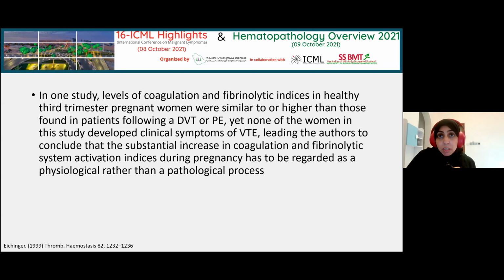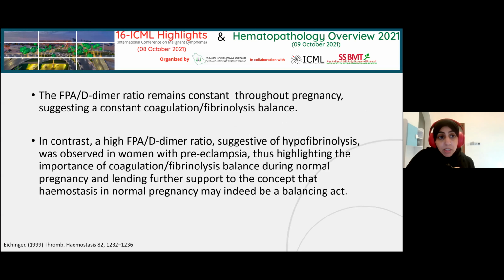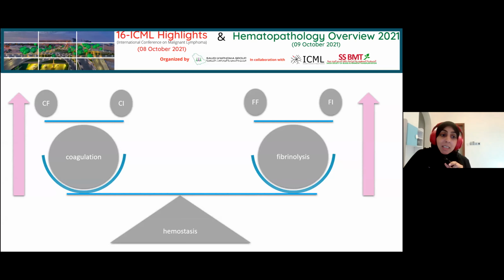And yet none of these women develop any clinical symptom of venous thromboembolism. And this just leads to the conclusion that the hemostatic changes during pregnancy are a physiological rather than a pathological process. In the same study, the ratio of fibrin peptide A to the D-dimer remained constant throughout the pregnancy, suggestive of a constant coagulation to fibrinolysis balance, in contrast to the high ratio seen in women with preeclampsia, which is suggestive of hypofibrinolysis. So there is a balance between coagulation and fibrinolysis in pregnancy,